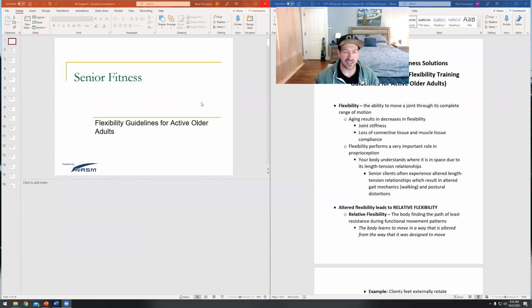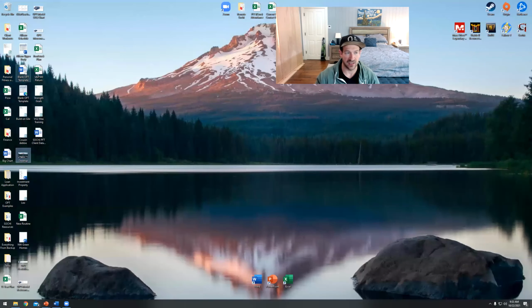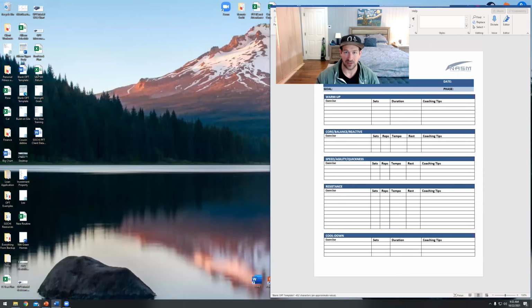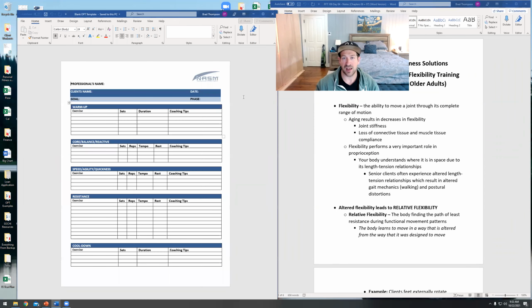Okay, so today we're looking at flexibility and cardiorespiratory training. That is going to be 2 chapters, 2 PowerPoints, but it is going to cover basically one section of that general OPT template that we use to build workouts for our clients, right? So if we look at this OPT template here, right, we're going to have